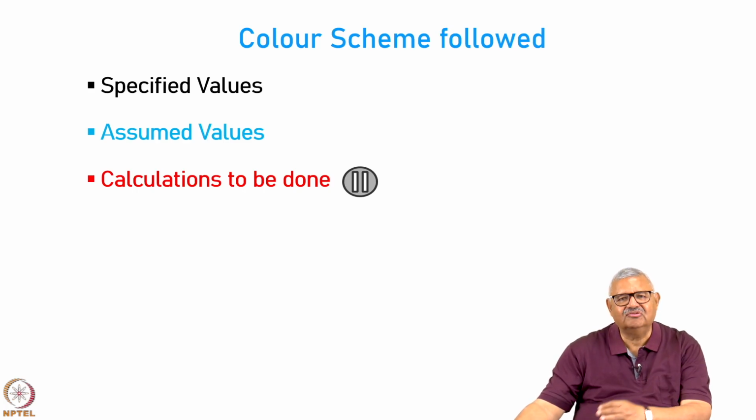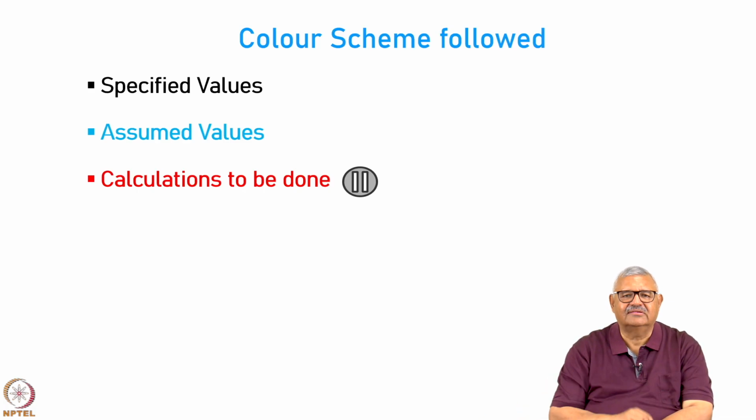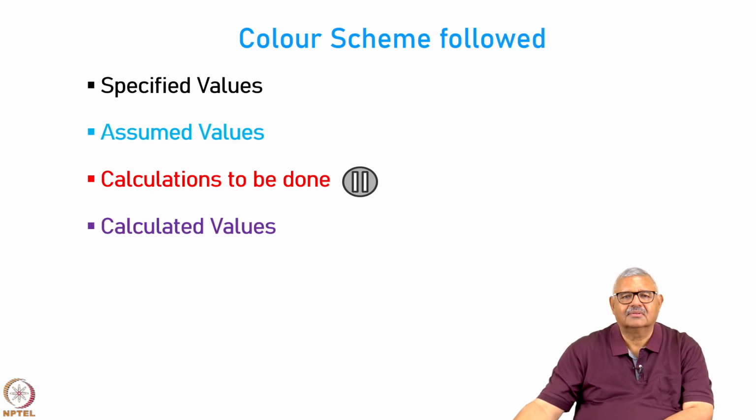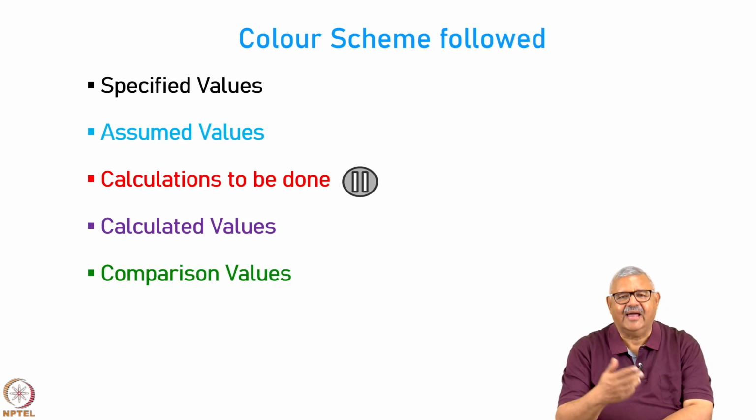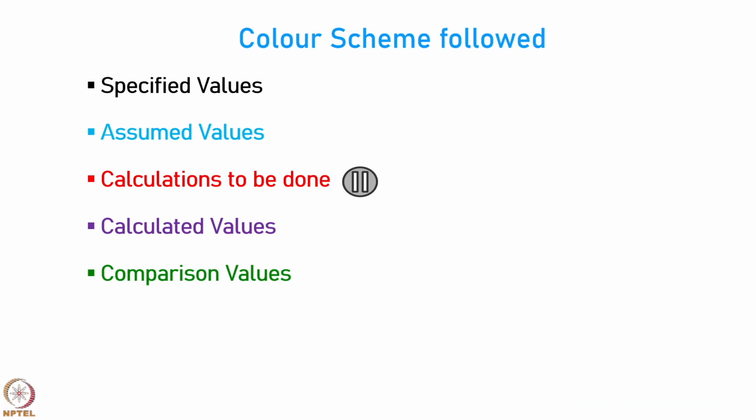The moment you see a pause button such as the one shown on the screen, you have to pause the video. On the left of the pause button there will be some calculation, numbers will be given, please do the calculations and then compare with the answers I got. The calculated values are going to be shown in purple color. And in case there is a comparison, in this case we do not have any comparison, we do not have any data for what is the actual DOC, because that information is a commercial secret. So, we do not have anything to compare, so you will not see anything in green color.